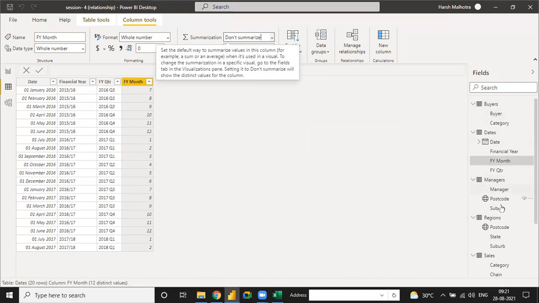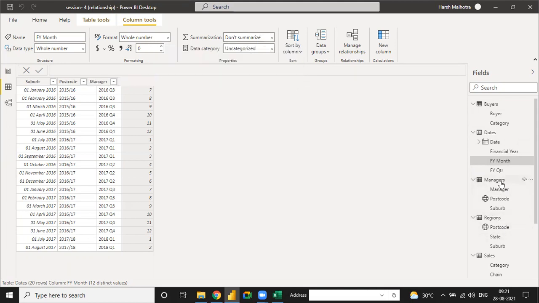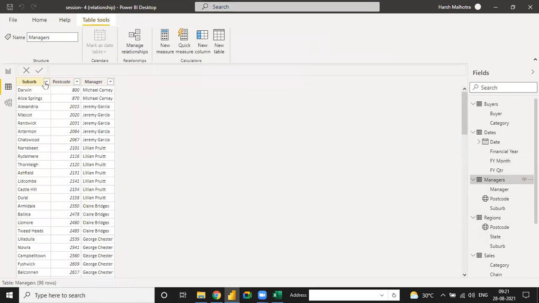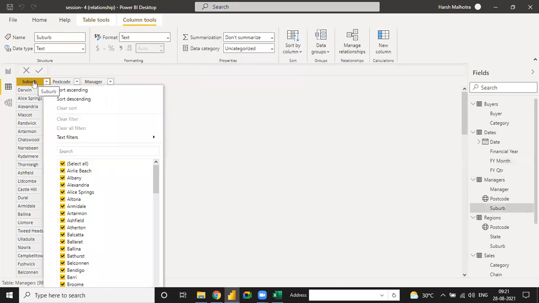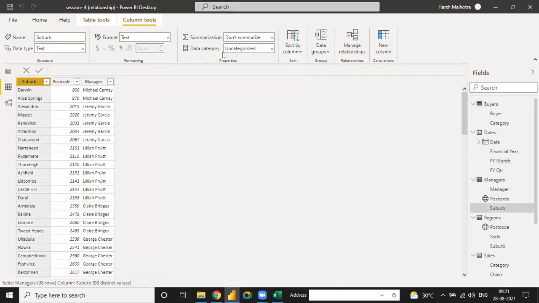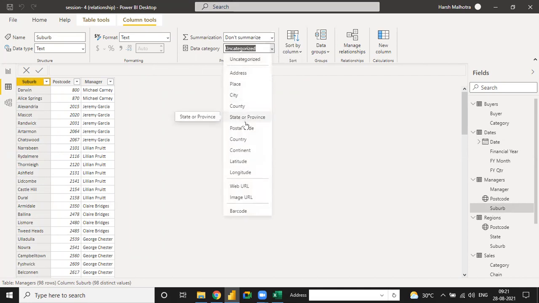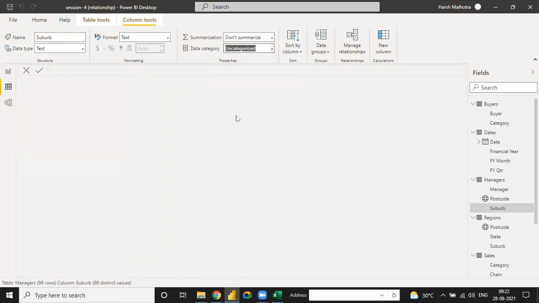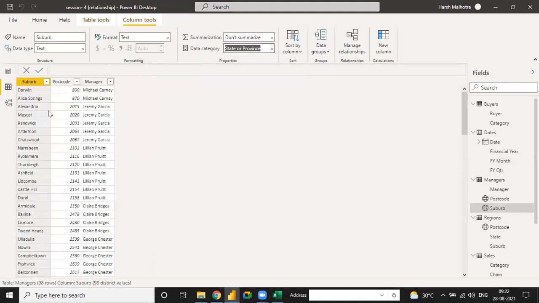Now you have to do one more thing, go to the manager tab. Suburb. Suburb is one of the locations, I think. See, click and it's don't summarize, and you have to choose the data category, state, because it is a state, and it's a country-wise postal code and it is a state. So you have to choose state here. Suburb is a state. Okay.